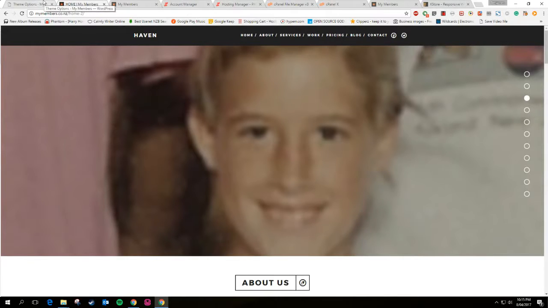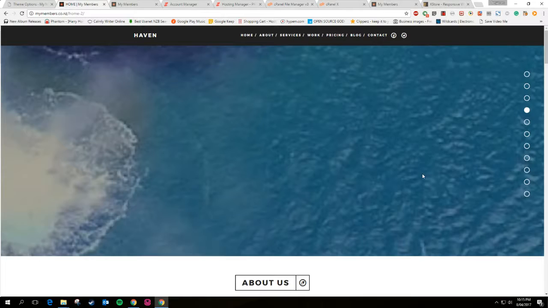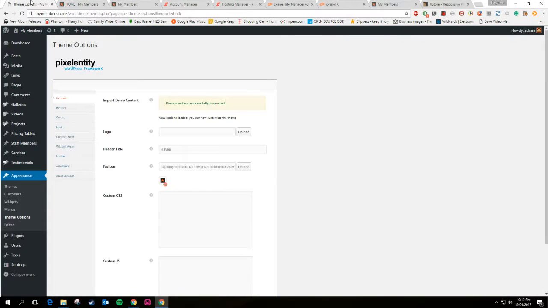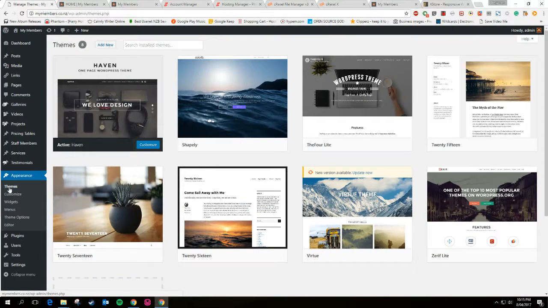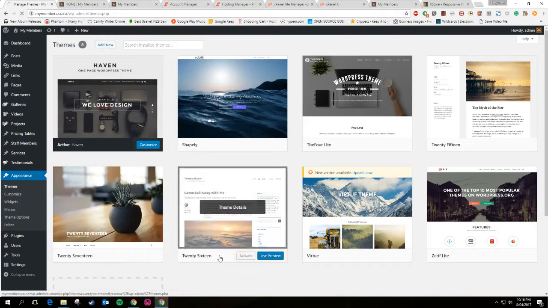It creates pages for you when you import the demo content, and you can now modify this to suit your needs. This is an old theme, an older way of doing it. We'll do a theme next time which uses the visual composer, and then you can learn how to make a simple website. I'll also do one on a free theme that's quite good and easy to change. This particular theme is kind of old, I won't use it anymore, and I'll go back to the one we had